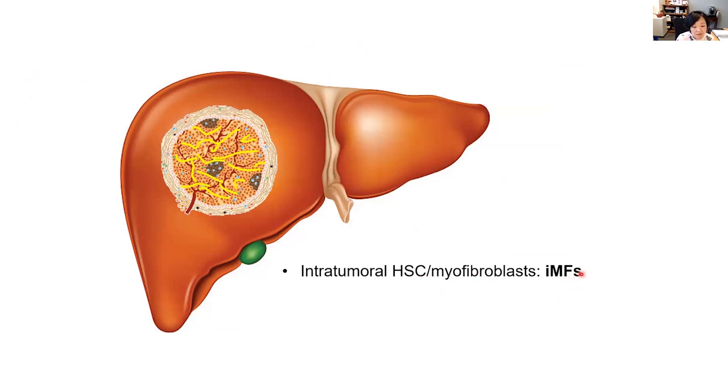We call them IMFs, because these are the cells that you can easily collect or access, since when the tumor is resected you can get these cells that are mixed within the tumor. But what we are studying here are those peritumoral myofibroblasts, or activated stellate cells, the PMFs. So those that are actually coming from the liver and forming the barrier between tumor and the liver. And we think just the location difference is probably why their function can be so different.